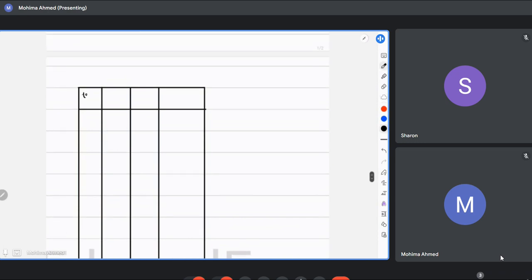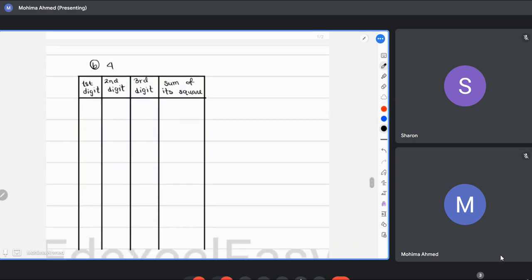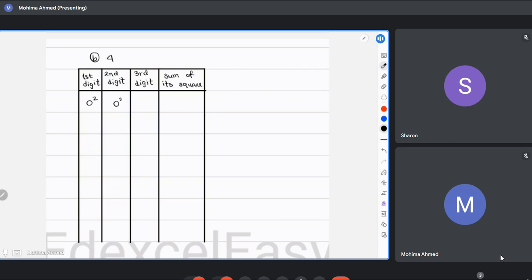So this is going to be the first digit, second digit and third digit. And this is going to be the sum of their squares. So we started with 4. This is part B, which is only going to be 0 square, 0 square, 4 square, that is 16. It is now going to be 0 square, 1 square, 6 square, which is 37, right? Yeah, 37. Wait, 36, 37, right? So 3 square, 7 square, and